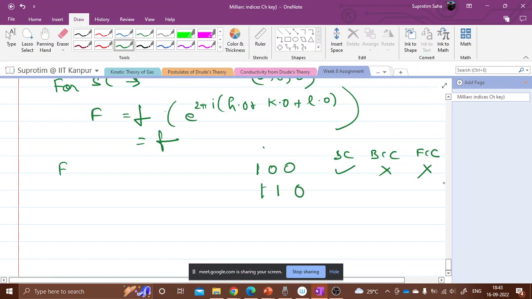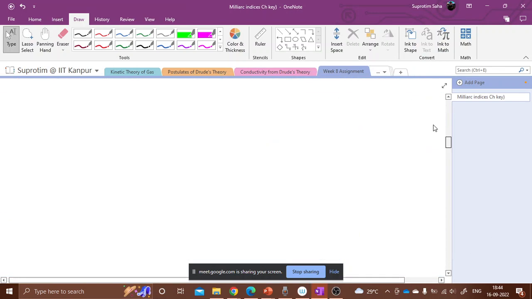Now 1 1 0 is always allowed in simple cubic. For BCC, it's allowed. And for FCC, it's not allowed, right? But 1 1 1 is allowed in simple cubic. It's allowed in FCC because pairwise they are odd, and it is not allowed in BCC because they do not add up to an even integer. Right? So what happened there, Simran, is that